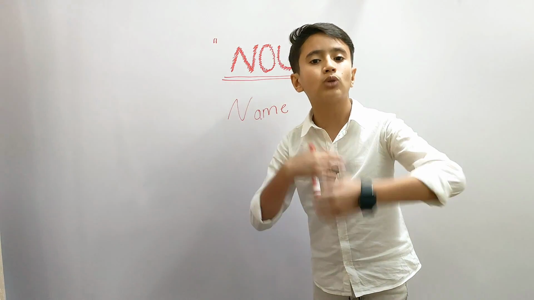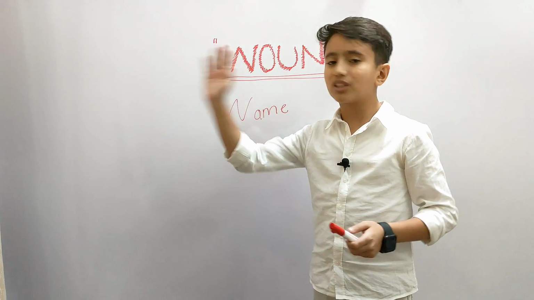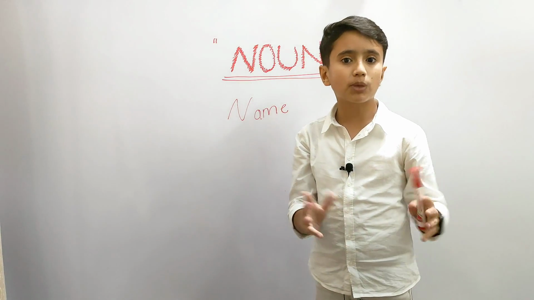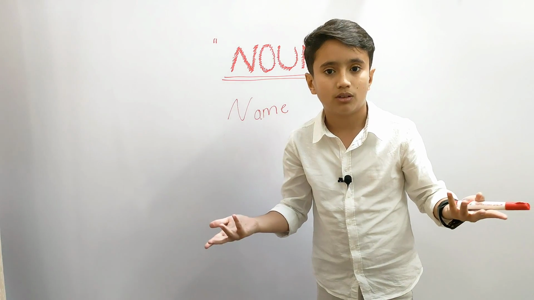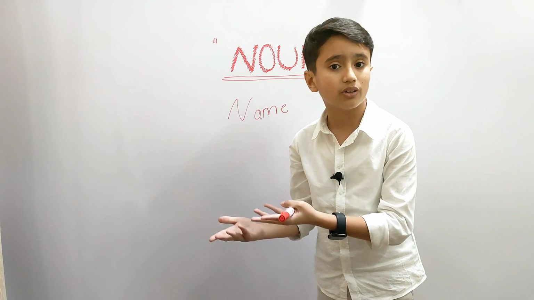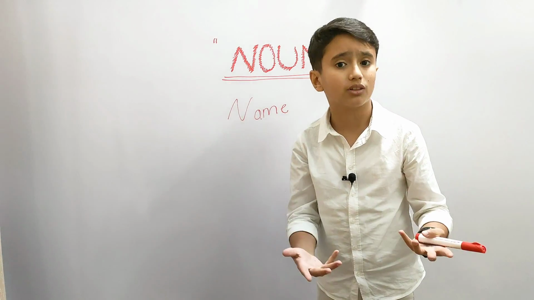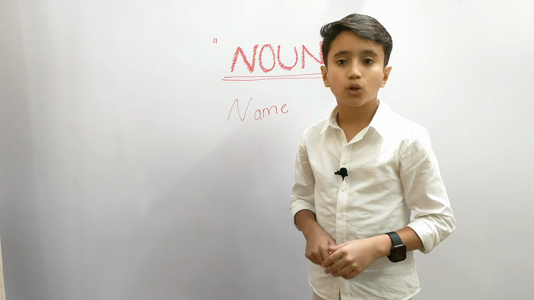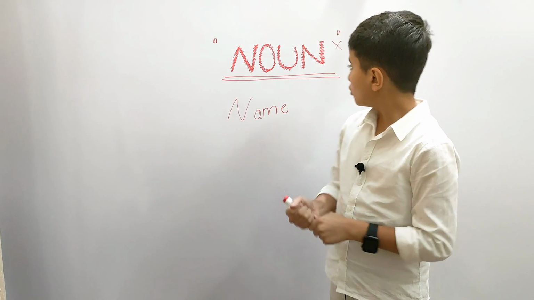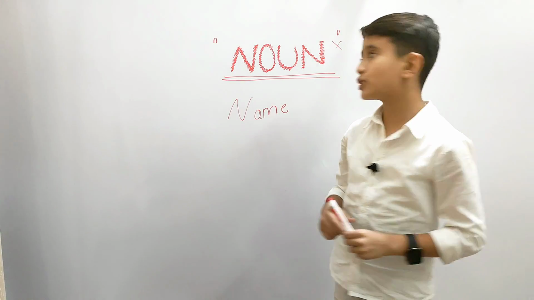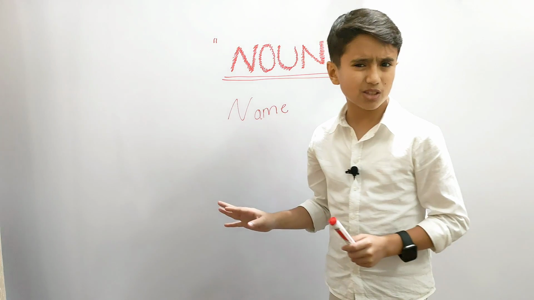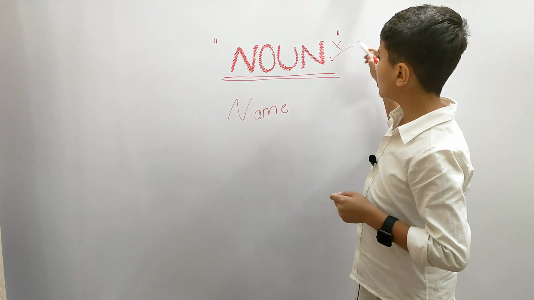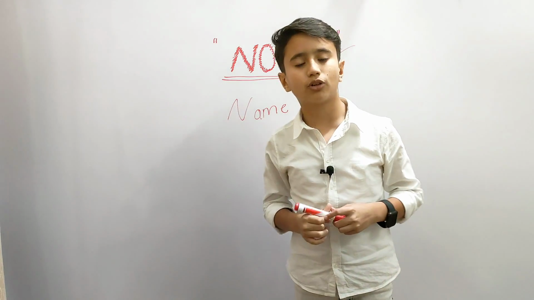If you are using pronouns again and again and telling people that he did this, he did this, she did this, people are going to ask, who did what? What did the person do? Who did it? Who is the person who was the culprit? Who was the victim? So if you want to clarify your sentence, I'm not going to set a strict rule, but after every 5 times you use a pronoun, you should use a noun, which is very important.